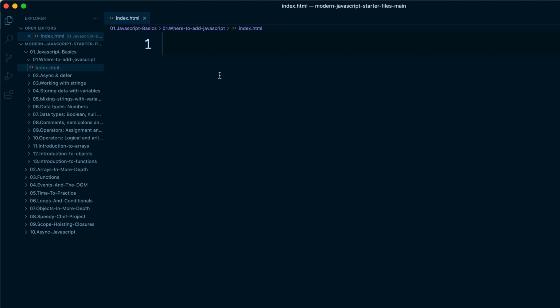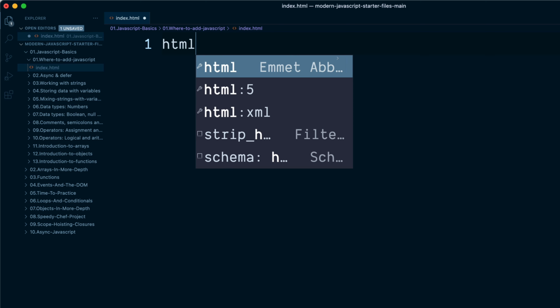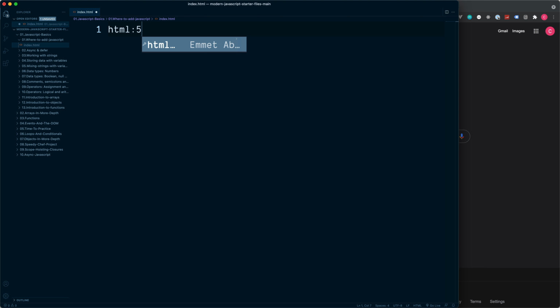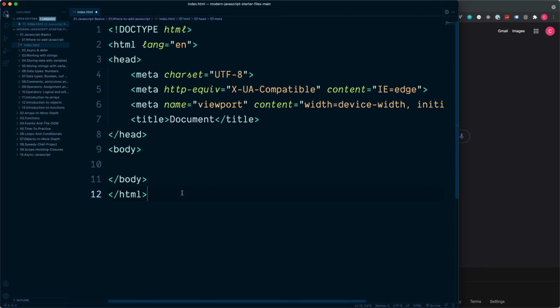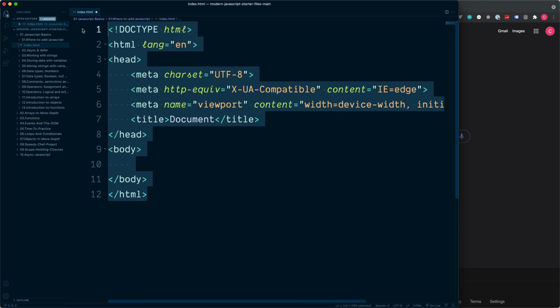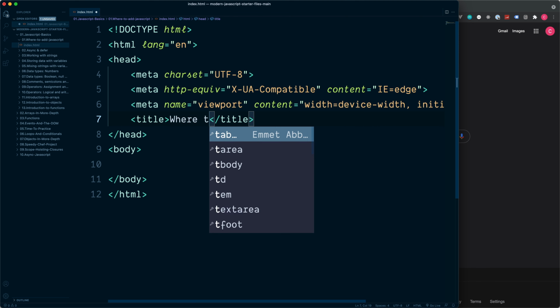We then need to add some basic HTML structure to open this up inside the browser, and Visual Studio Code comes with a plugin already built in called Emmet. This will give us some code completion and some simple shortcuts, and one of the most useful ones is HTML:5. Hit enter, and this will give us all of the basic HTML start code which we need. Again, this is all going to be available in all of the other folders, so this is just for this lesson only. The title, where to add JavaScript,